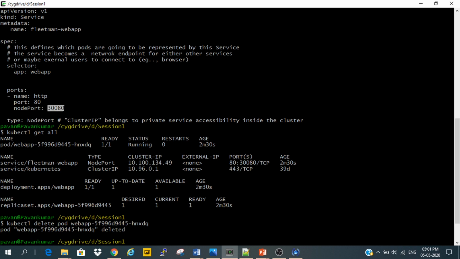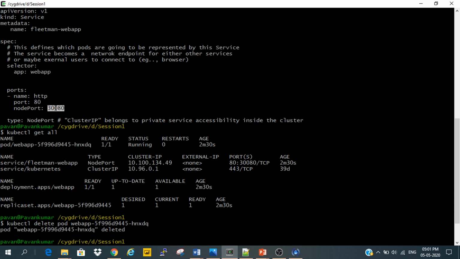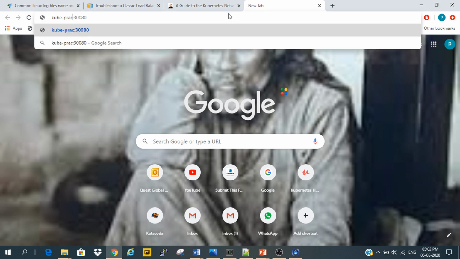This is the external port, and 80 is the internal port of the container. So we should access 30080. See, kube-arc, this is the custom domain name we have changed.